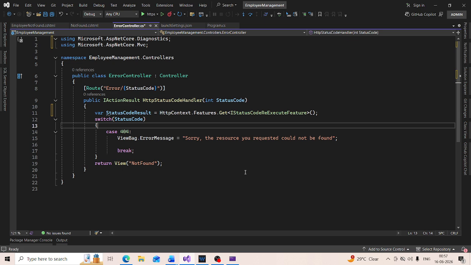Let's call the property Path, and notice on this object